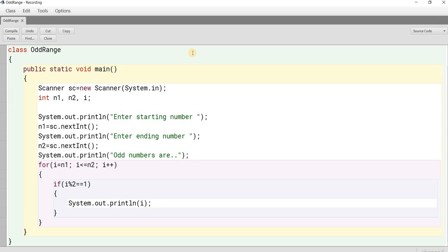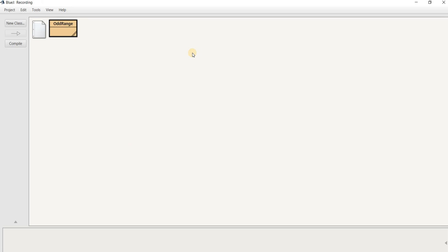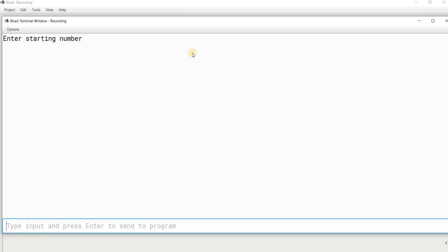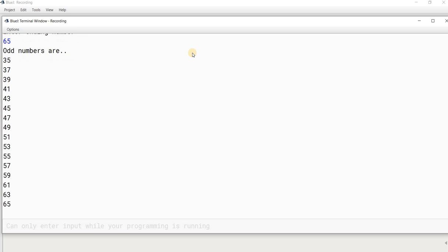So what I have done, I have written it before loop. I am compiling the program, and now I am running the program again. Void main, I am writing some other set of numbers, 34 and 65. Let us see. Now it is displaying a heading, odd numbers are, and it is displaying all the odd numbers.